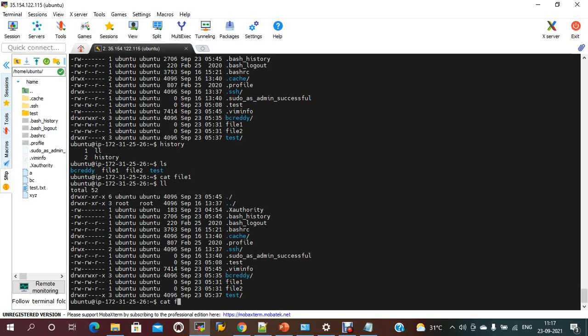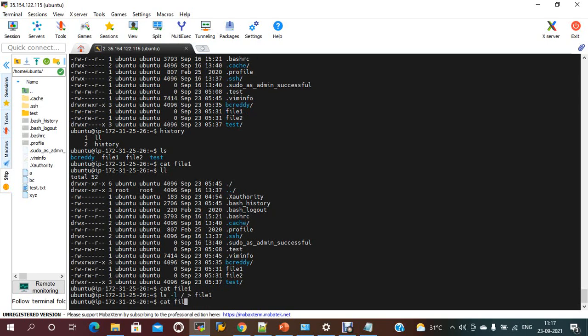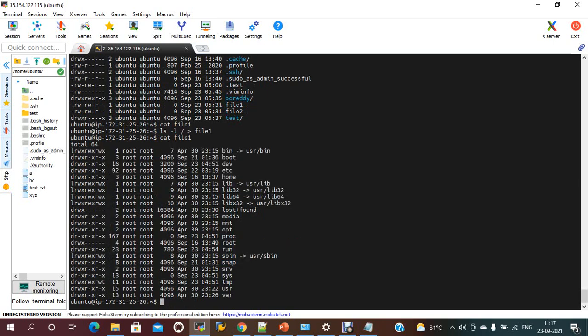Currently I don't have any data in file1, so let me copy the output of ls -l under the root directory. Whatever the data is, I just need to copy it to file1. Now if you see file1, these are the data inside the file.